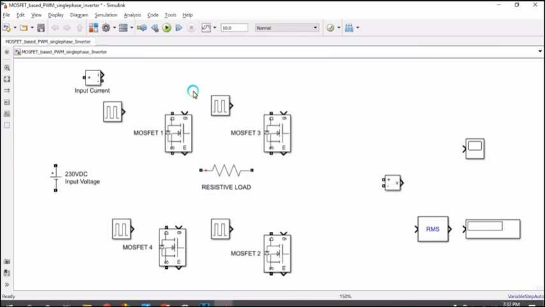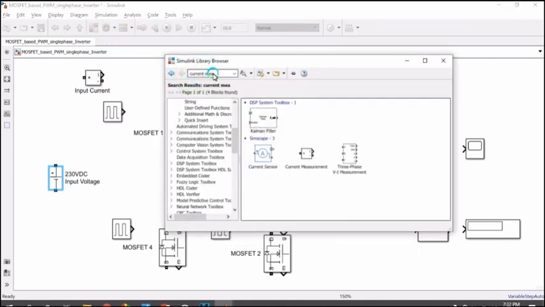These are all the components that we need for our simulation. So now let's see how the components need to be imported from the library browser. This is the DC voltage source. For converting a DC voltage into AC, we need a DC voltage first. So now let's select the DC voltage source from the library browser. For selecting it, we can type in DC voltage.